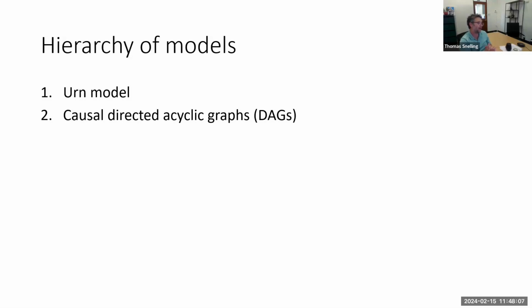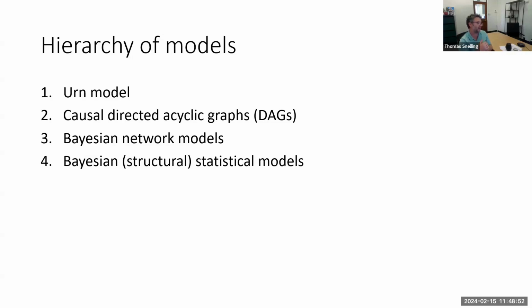It's no longer adequate. And so we then need to use slightly more complex models, and we typically start with a causal directed acyclic graph, so just a qualitative graphical model that looks to depict the underlying data generating process. And then the next step up from that qualitative representation of the process is a Bayesian network model, and we use these to start to flesh out our beliefs about the size of the causal effects, and then ultimately we're usually working up to some kind of Bayesian statistical model that reflects the underlying causal structure of our model, and then